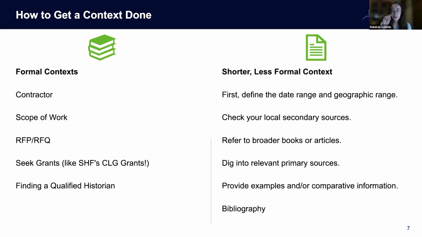Then start with your local secondary sources. What kind of information is included in other secondary sources that relates to your particular topic? What are the large overarching trends that other historians that have previously written about your area have noticed? Going back to my example, I referred to a secondary source that talked about the development of gas stations in Fort Collins. That's not specifically about car dealerships, but it did provide me with some broad information about the rise in automobile ownership across the city and the movement of gas stations from clustered near the center of downtown away towards the fringes of the city as automobile ownership grew.